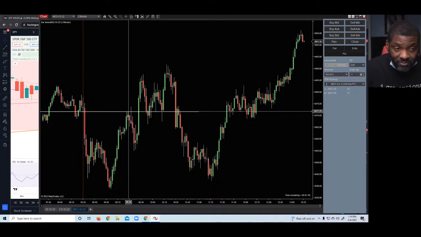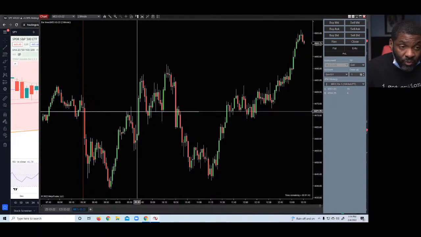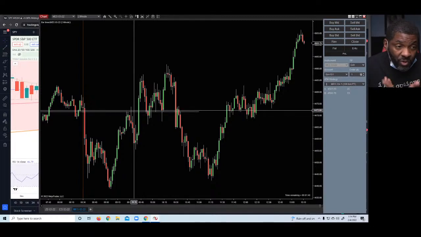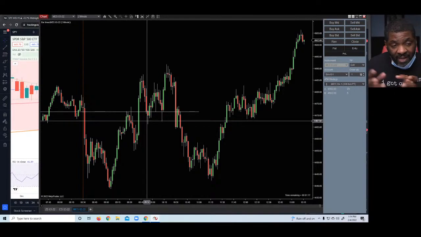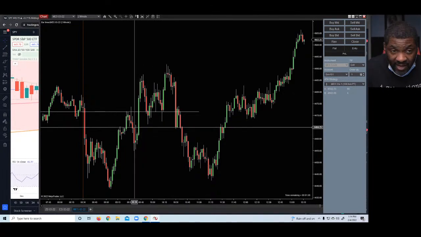And with futures, you can lose more money than you actually got in your account if you don't use a stop loss. With options, you go in, you know how much money you're risking. If I put $500 up on options, I can only lose $500. But with futures, if you put up $500 to trade one ES contract, you can lose more than $500 if you don't have a stop loss in place. So you can lose more money than you put up to trade that contract. With options, you can't lose more money than you put up. It'll just go to zero and that's it. With futures, if you don't have a stop loss, it'll keep going until you run out of money in your brokerage account.